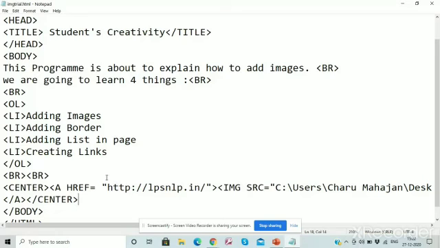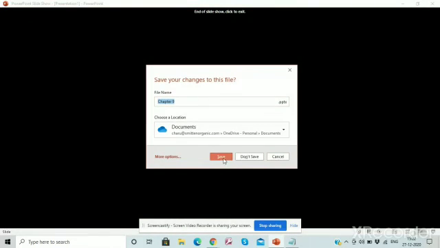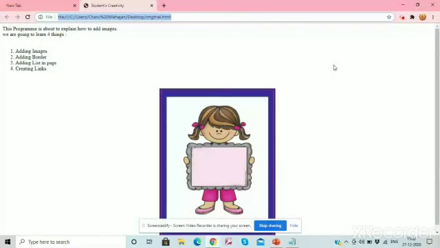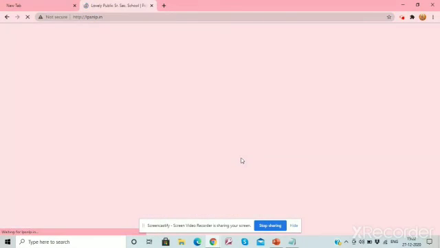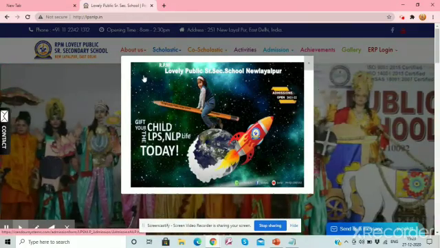Now we save the program and run once again. Here our image comes in the center. I'm just clicking on the image and it will take me to the link. We have given the link of our website, na?